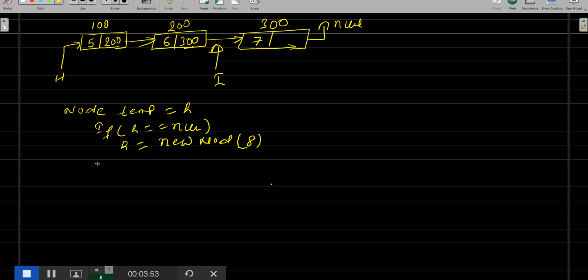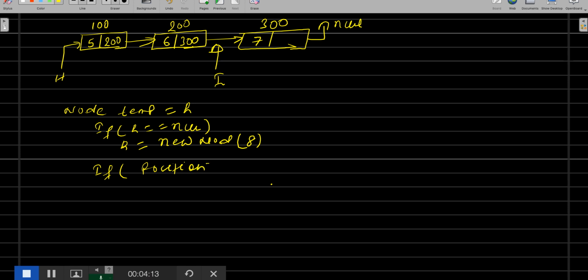Now the second condition can be if someone is trying to insert data at a position which is more than the length of your linked list, right? So you should always check that. So let's say, position is nothing but the position at which you want to insert the data.